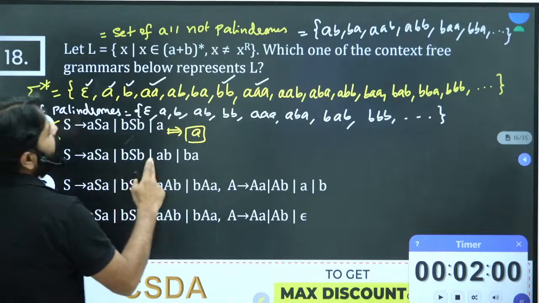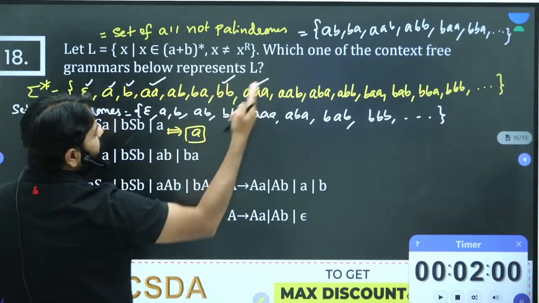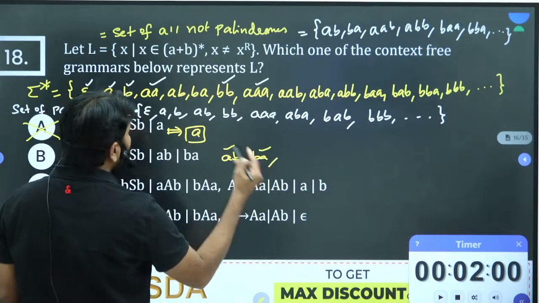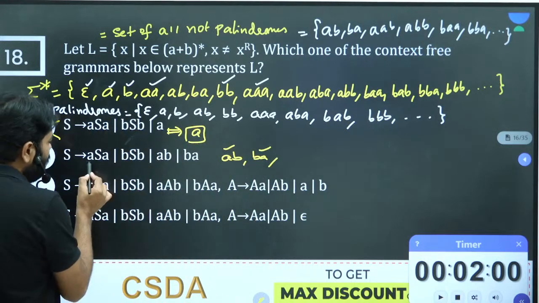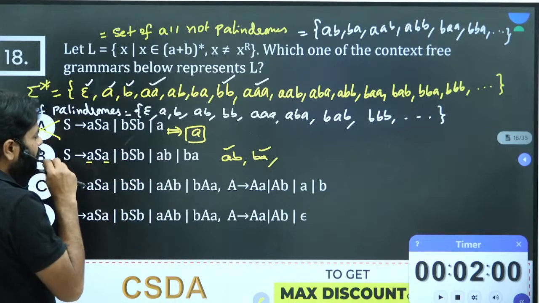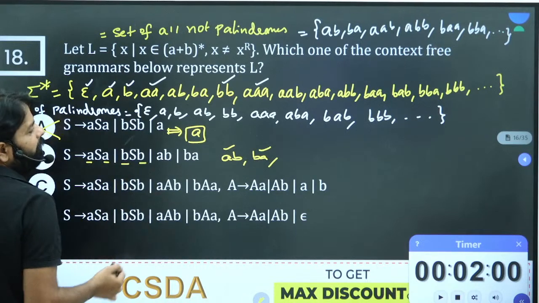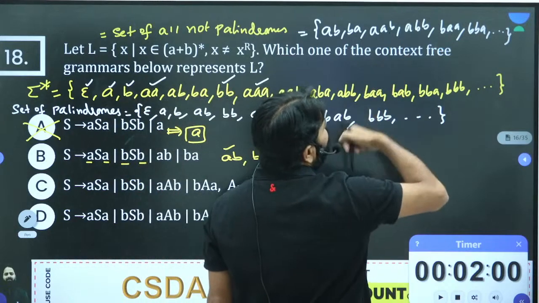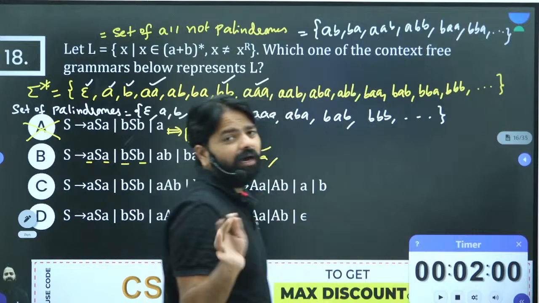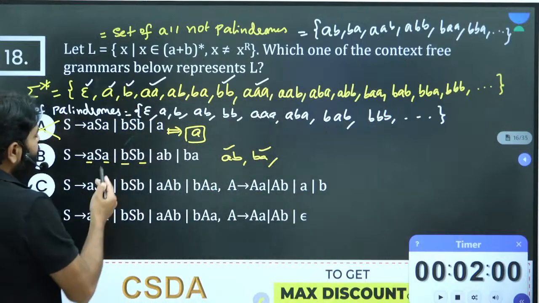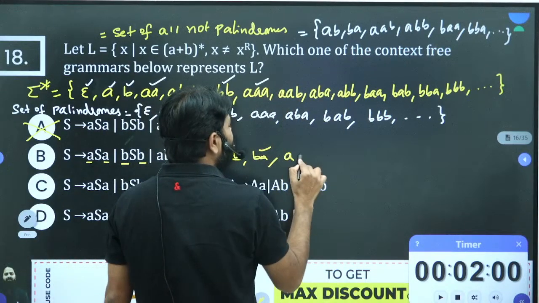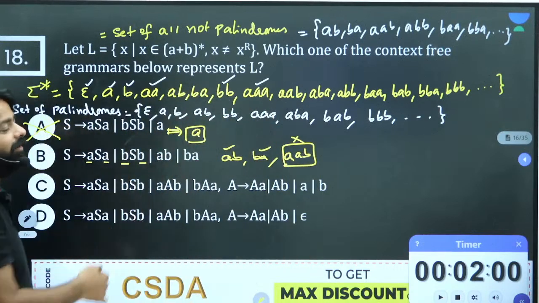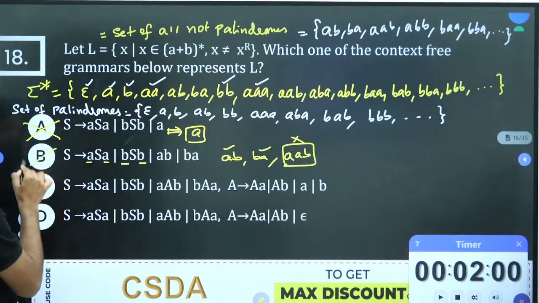And here AB minimum matching, BA matching, right? AB is fine, BA is fine, but double AB, is it there? Start with A, you are ending with A. If you are starting with B, you are ending with B. But my string, no need to have that condition. I can start with A, I can end with B, I can start with B, I can end with A. I have no restriction, such things. But here, if I want to generate AAB, I can't. But we want AAB in our language, so B cannot be the right answer.